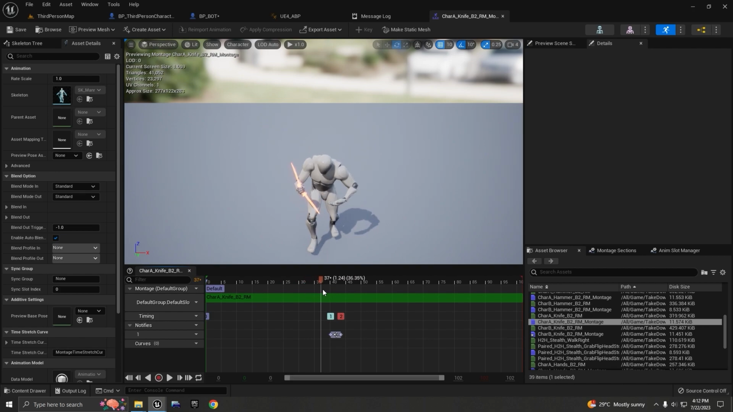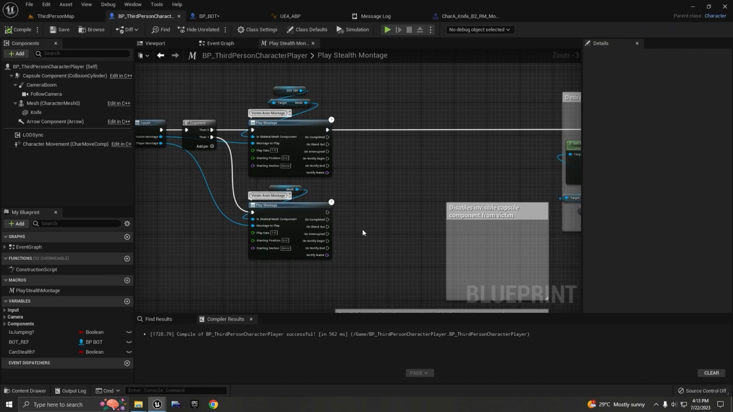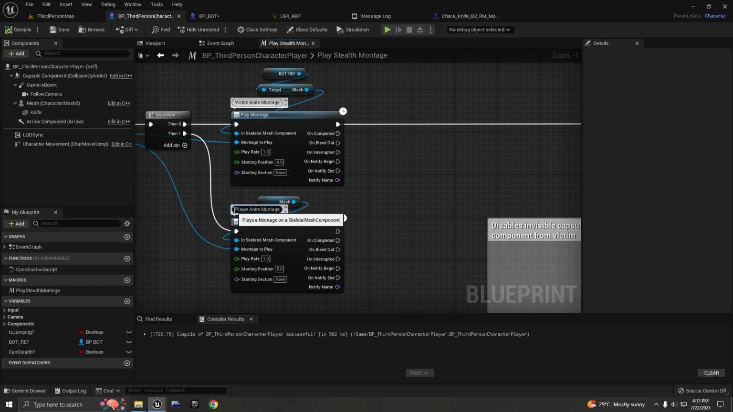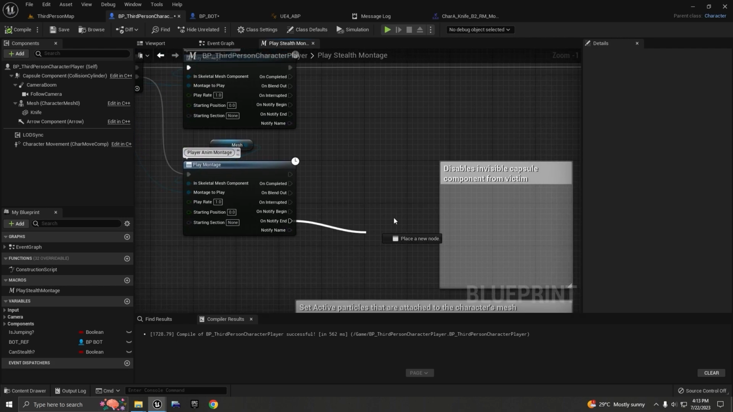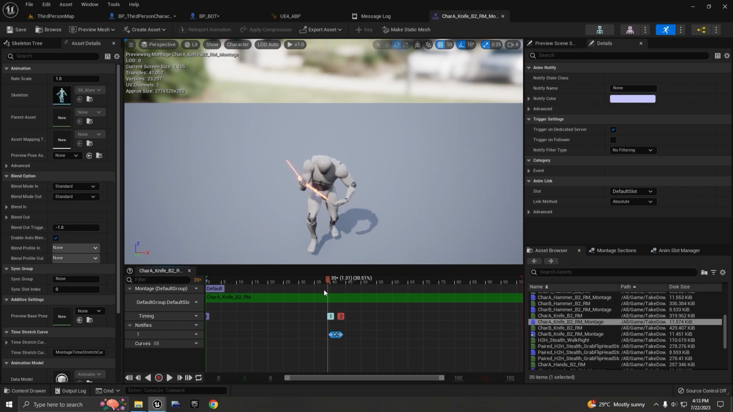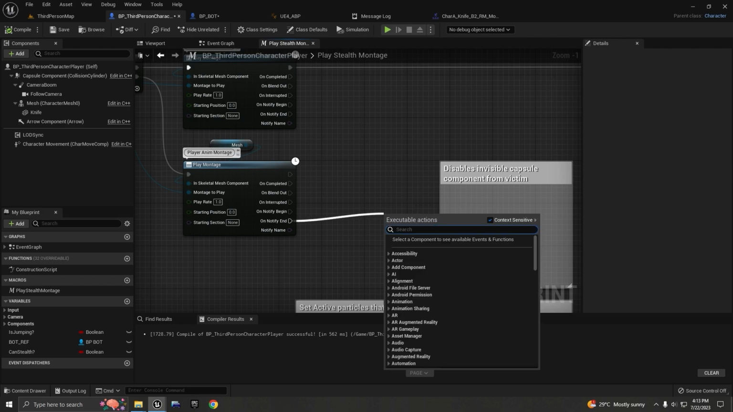As you can see, pay attention to the hand. When my character stabs the bot, this start point and end point are right here. So whatever is inside this on notify end here, in the player animation montage, is going to be executed. So in this time frame where the character stabs, this code here is going to be executed. So what I'm going to do is set simulate physics